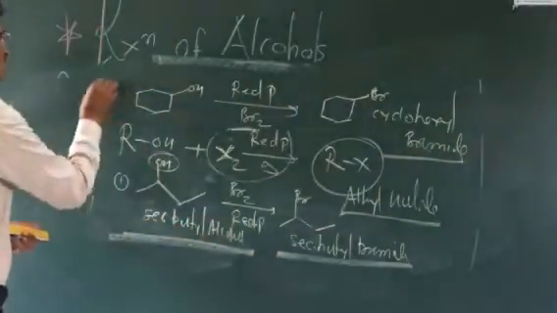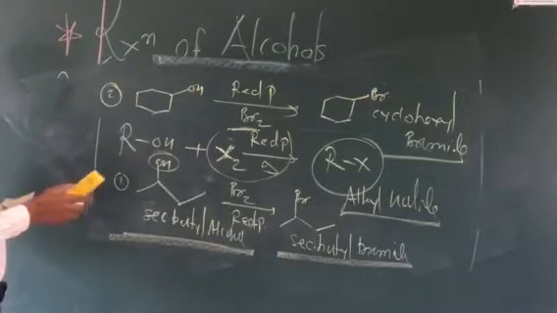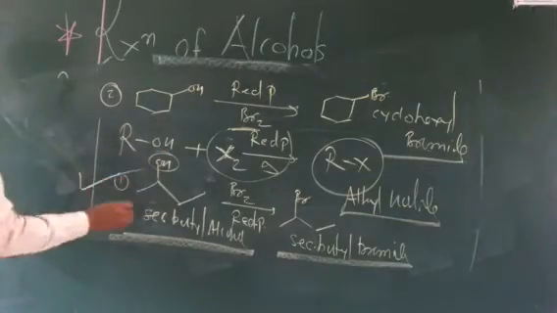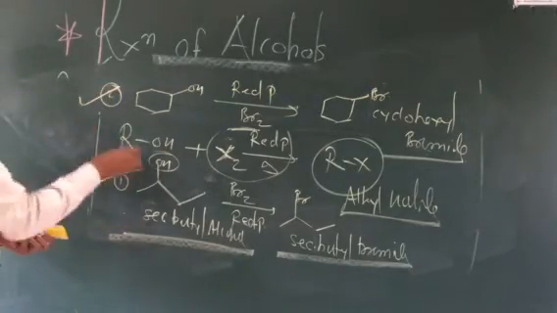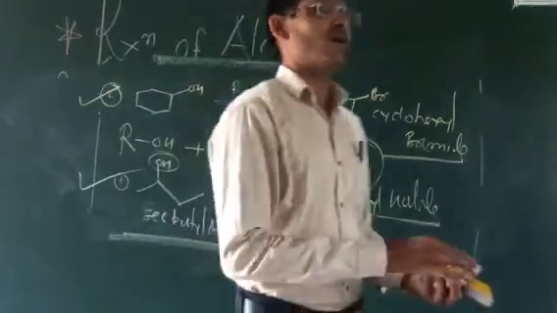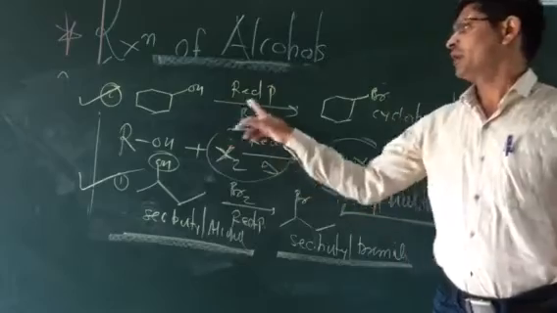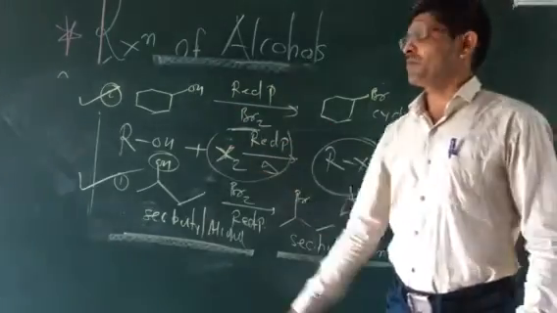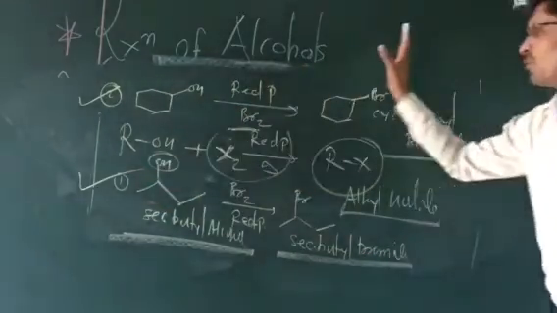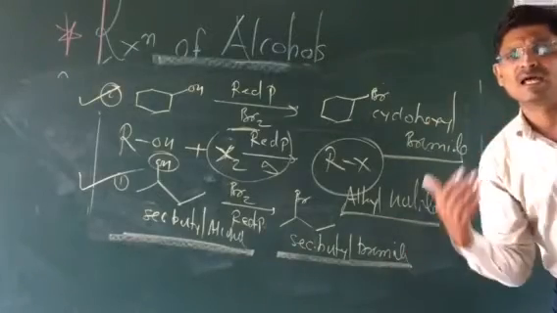So this is one of the second types of reaction, the second reaction with red phosphorus. यहाँ पे पहला reaction किया, दूसरा reaction किया. So these are the halogenating reagents: PCl5, PCl3, SOCl2, and again halogen with red phosphorus. यहाँ पे अल्कोहल से प्रोडक्ट हमारा फॉर्म होता है अल्किल हैलाइड. ओके.